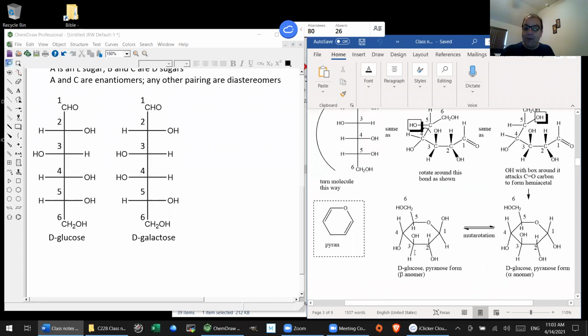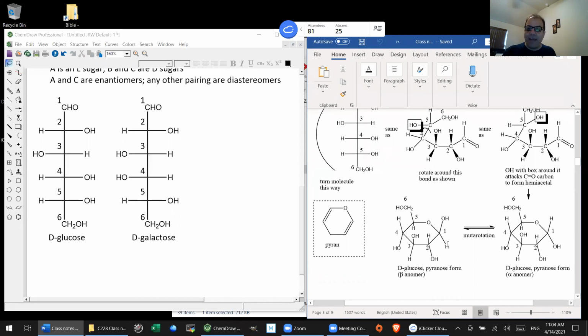And notice that we have two different possible ways that the OH group at the so-called anomeric carbon... isn't working. Well, keep trying. It actually wasn't working for me either at the beginning of class. I had to shut it down and then reopen it. So hopefully it takes care of that later. But be that as it may,